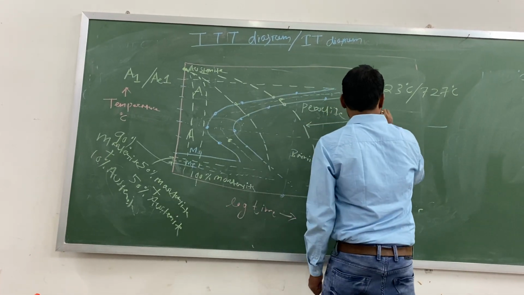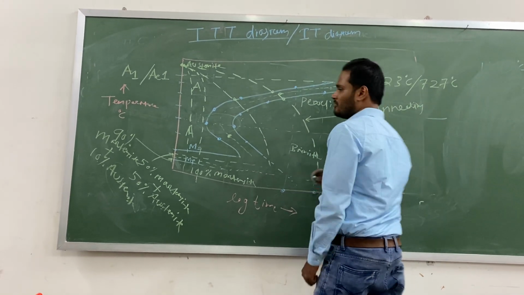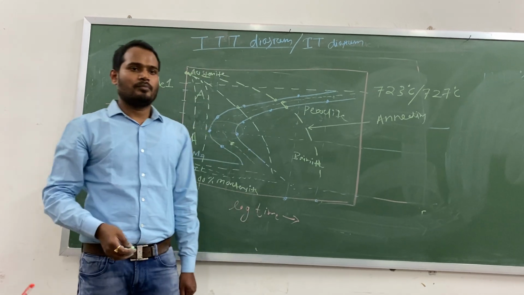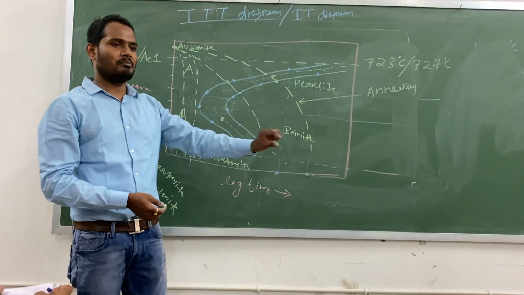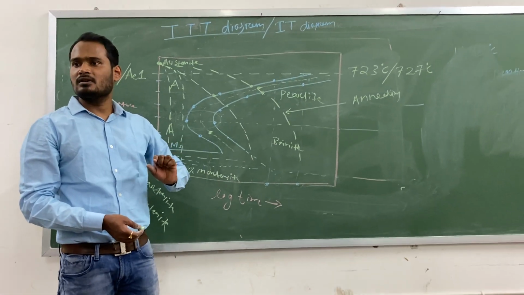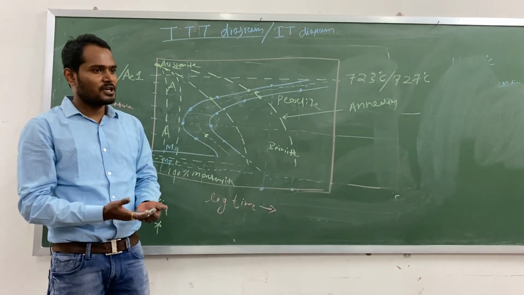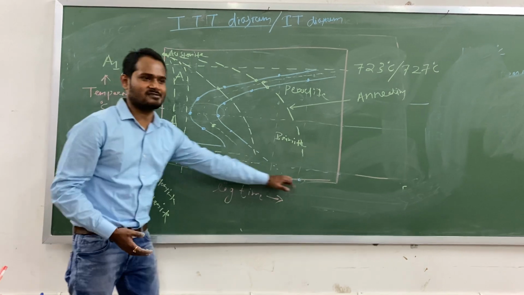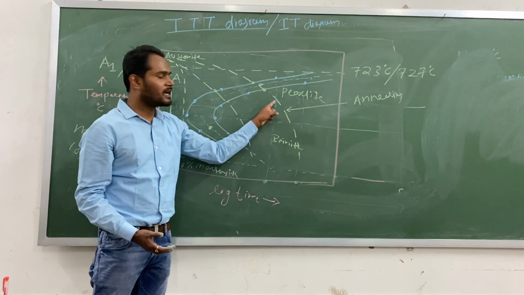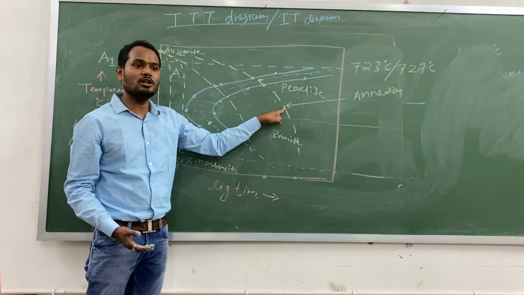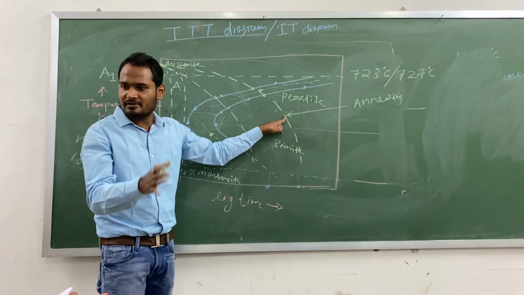If you look at this one, this is actually called annealing. Annealing means slow cooling. You are cooling the sample from the austenitizing region at a slow rate. Suppose I put my sample into the furnace and switch off the furnace. I am not taking out my sample. So the furnace will cool slowly, and your sample also cools slowly. It is taking more time. This is the time axis. The sample is cooling at a very slow rate. That condition is called annealing. So what kind of pearlite will you get? You will get coarse pearlite, because the grains will become bigger and bigger if the cooling rate is slow.